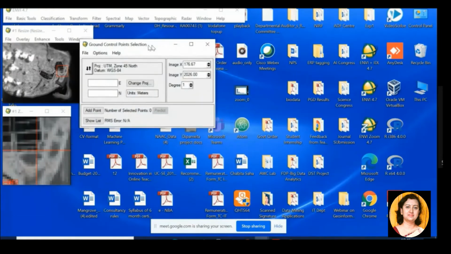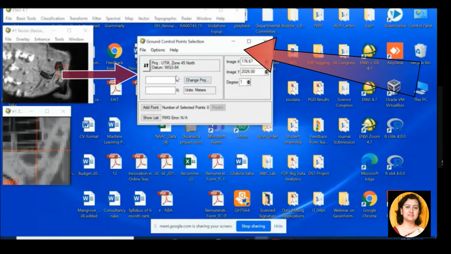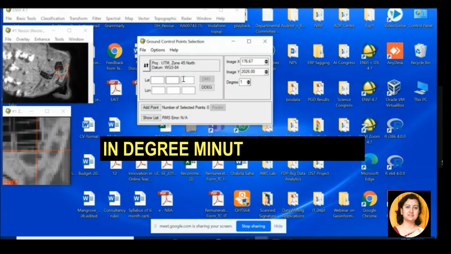Now this dialog box opens. See, there are two boxes over here. The box on the left lets you put the latitude and longitude values of the map of a particular GCP, or ground control point, in degrees, minutes and seconds.